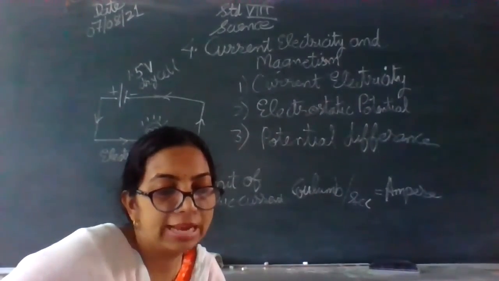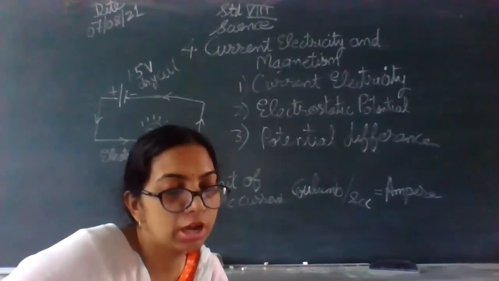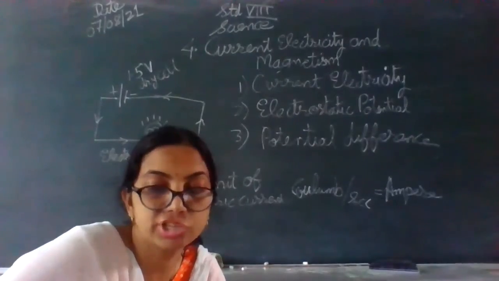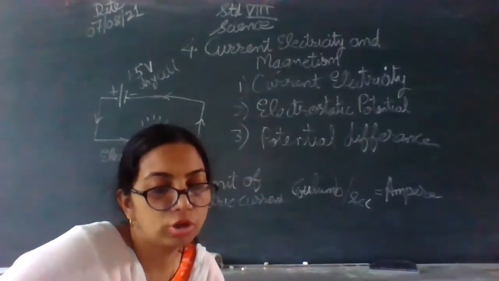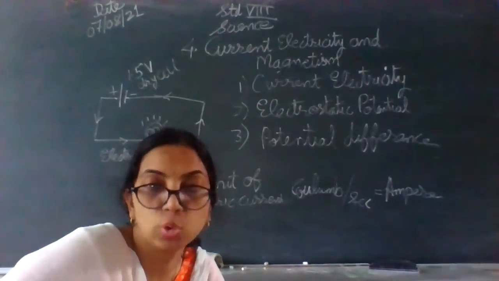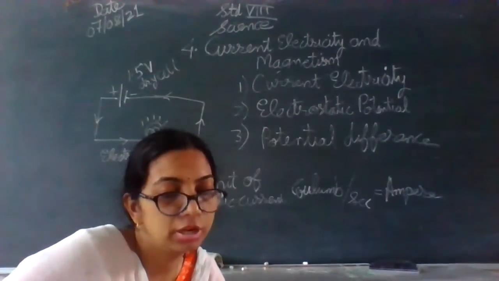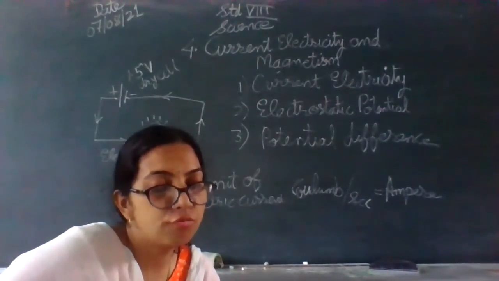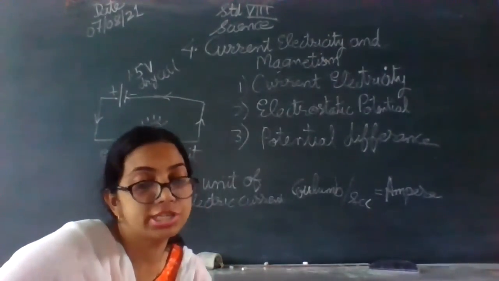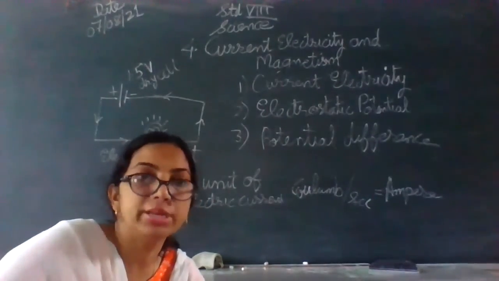Now, various types of electric cells are nowadays available in the market. These are used in a range of machines like your wristwatches, even in bigger machines like submarines. And out of these, we should be very much aware of solar cells also. They get charged with the help of solar energy from the sun. The main function of various electric cells is to maintain a constant potential difference between its two terminals.